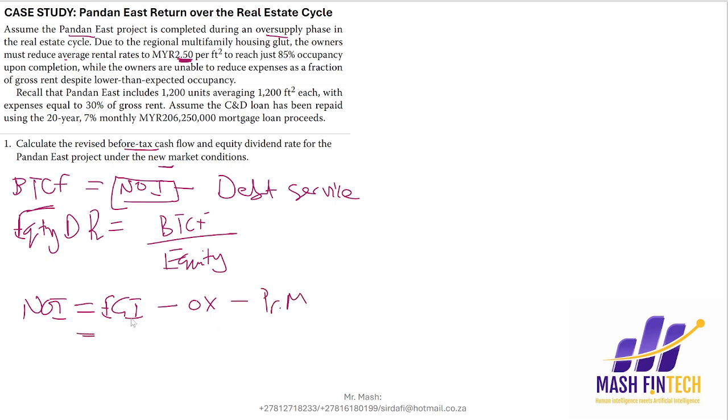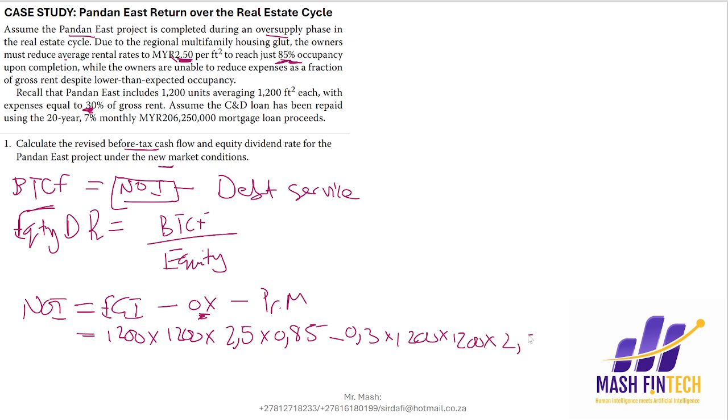To get the effective gross income, we get the gross income, and then we multiply that by the occupancy, which is reduced to 85%. So we are going to multiply the 1,200 feet by 1,200 units by the revised rental rate, which is 2.5, and then we multiply this by the occupancy to get the effective gross income. We subtract the operating expense, and we are told that operating expense is 30% of gross. So this is 30% of the gross, which is still 1,200 times 1,200 times 2.5, and both of these are supposed to be multiplied by 12 for the entire year,